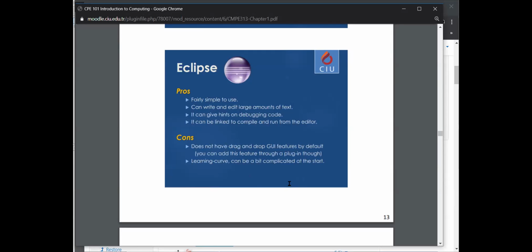Eclipse is actually a very good editor for those people who have an older machine, because it doesn't consume memory as much as NetBeans or IntelliJ or other editors. So if you have an older computer and you want to run the Java code quite quickly, you can use Eclipse. It's a great environment. It doesn't support drag and drop features